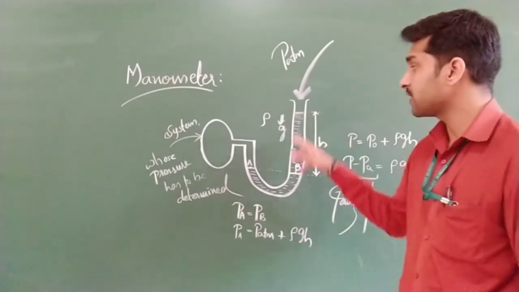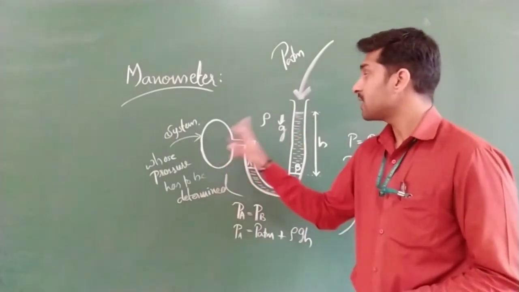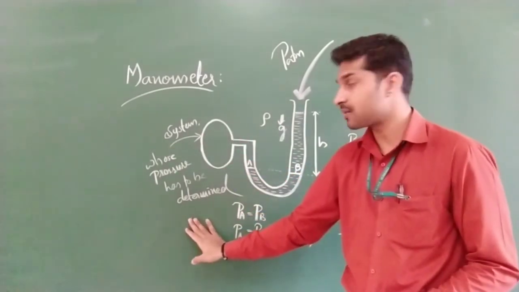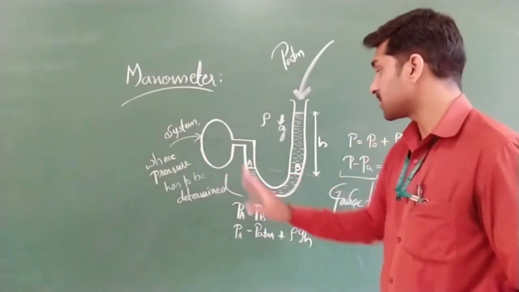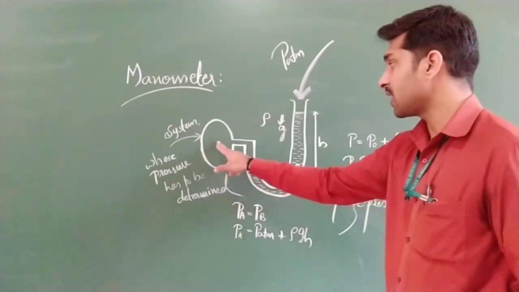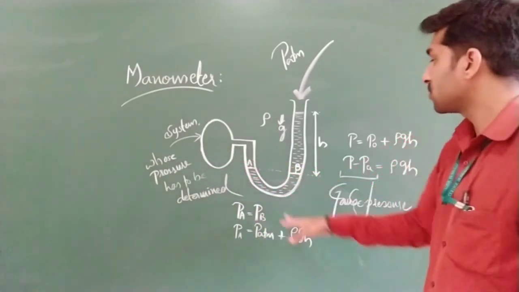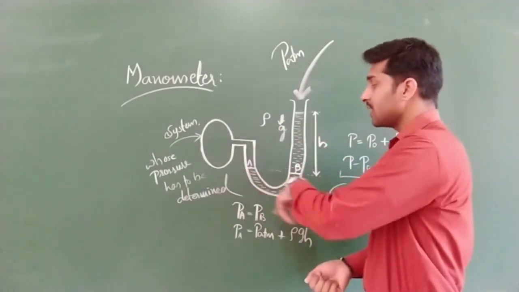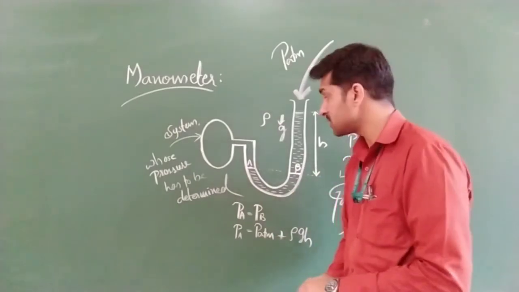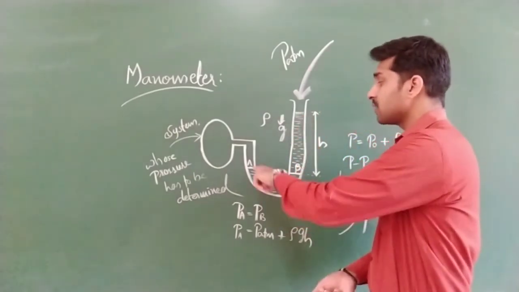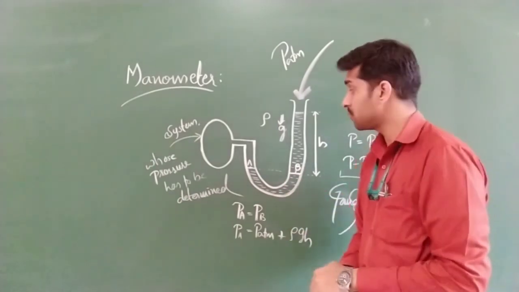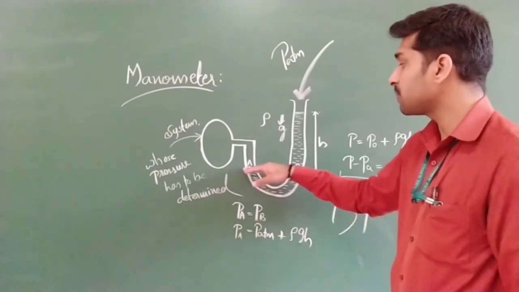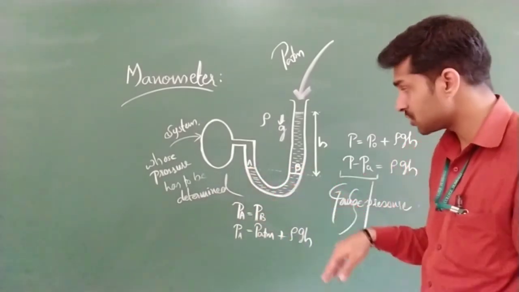First of all, we are considering the U-tube. One end is kept open to the atmosphere, and the other end is connected to a system whose pressure has to be determined. Here the system pressure we are determining is nothing but P. It is exerting some pressure. According to this tube, we are using a high density liquid for calculating maximum pressure difference. If we want a lower pressure difference, we can use oil, no problem, it depends on you. Then we can write PA is equal to PB, since points A and B are at the same horizontal level.